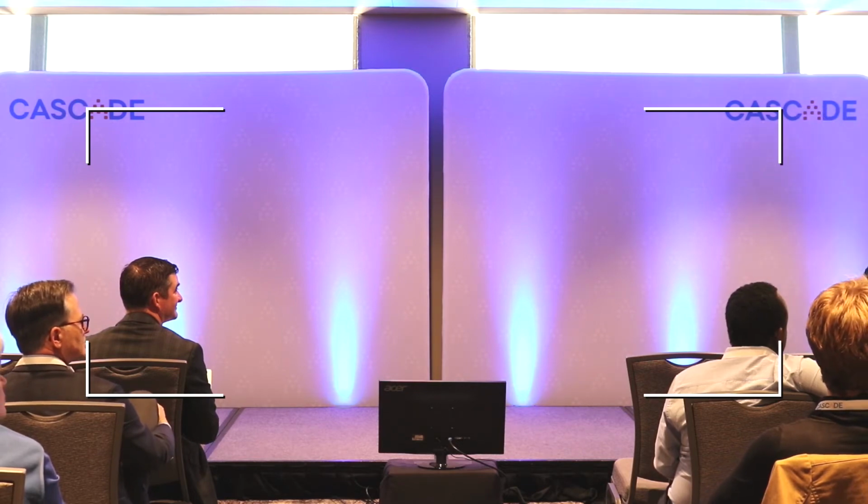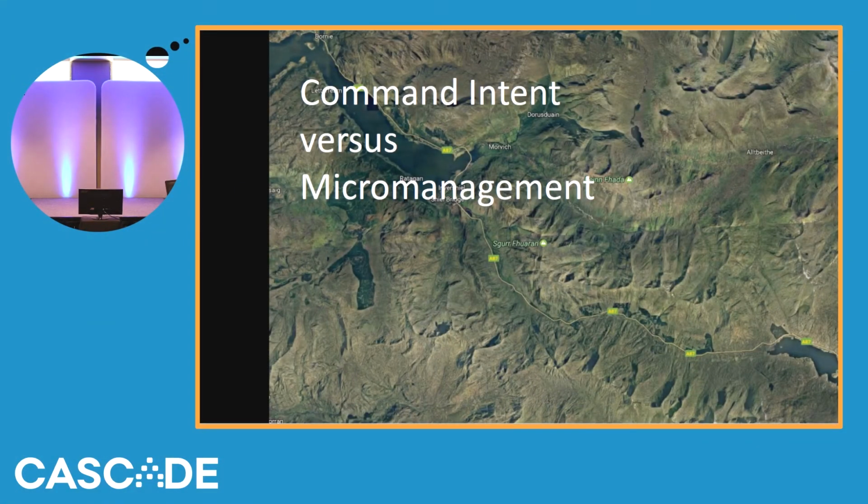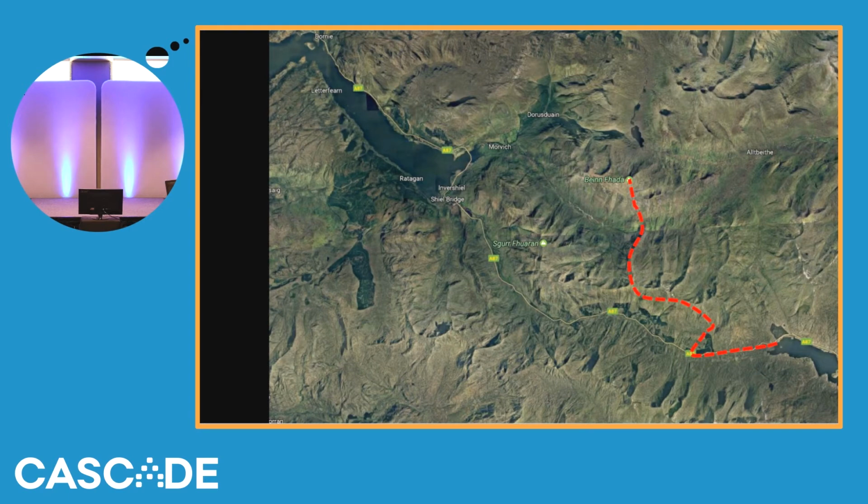So if you can see, this is a topographical map of some place in the world. And if you were to tell your recon team, which is my background, not SEAL, I was in Marine Recon, though I was embedded in a SEAL team for a period, that we're going to put you in at this lake, you're going to travel down this road, take this trail up, you're going to hit this target here, and come back out the same way. And you're very specific on your goals to them. What happens is, you have to take this exact route. At any point, there's a barrier, the mission's aborted, because you took away all discretion from them. But if I said,